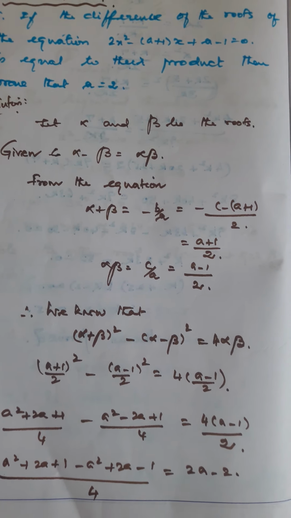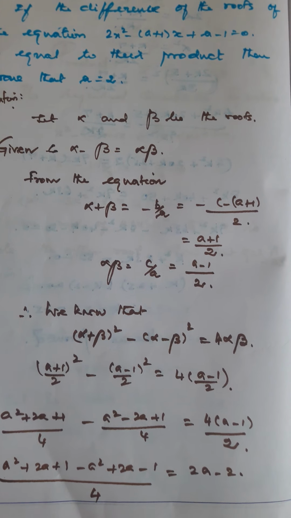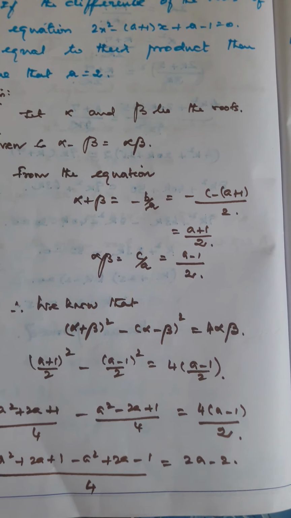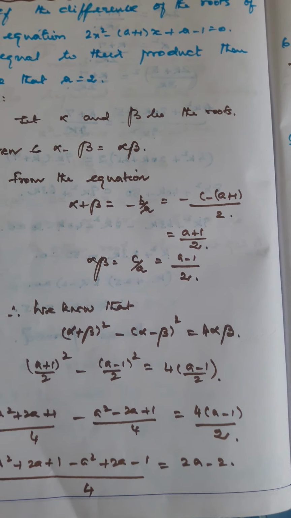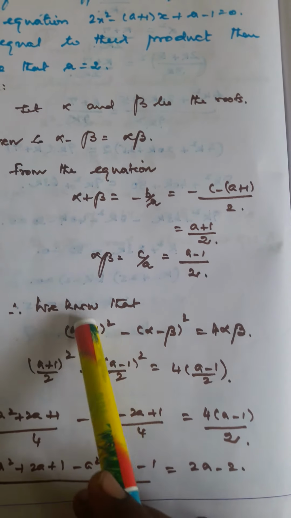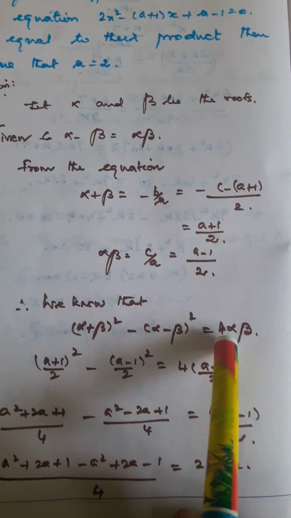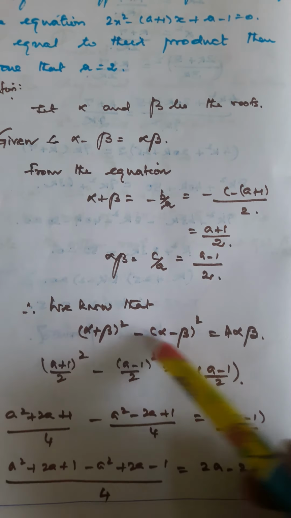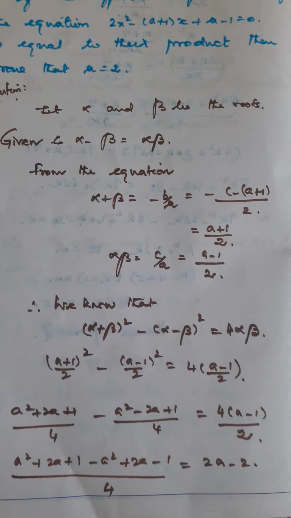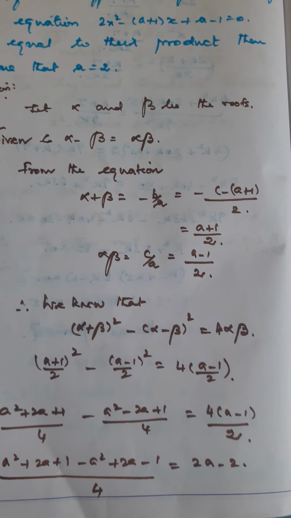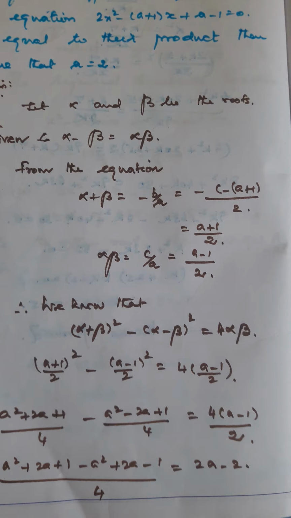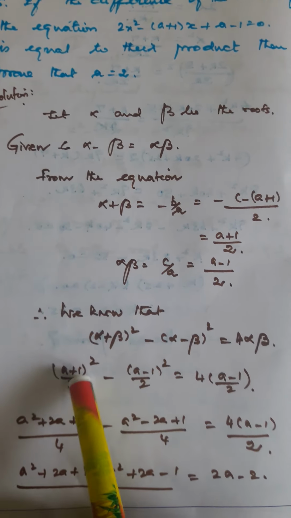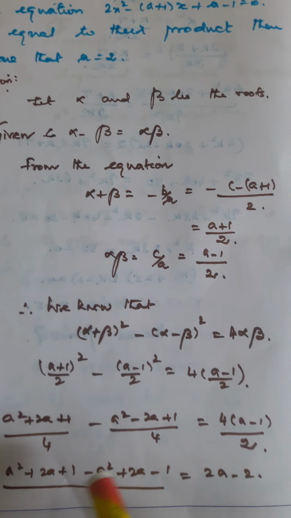Some of you can memorize, some of you can understand, and some of you have to find out a trick to write the formula, right? So alpha plus beta the whole square minus alpha minus beta the whole square equals 4 times alpha beta. This type of equation will play a vital role in deciding your IQ. Suppose you are going for any competitive exams like TNPSC or bank exams, this will help you to score nice marks. So the expansion of this equation, you will be getting